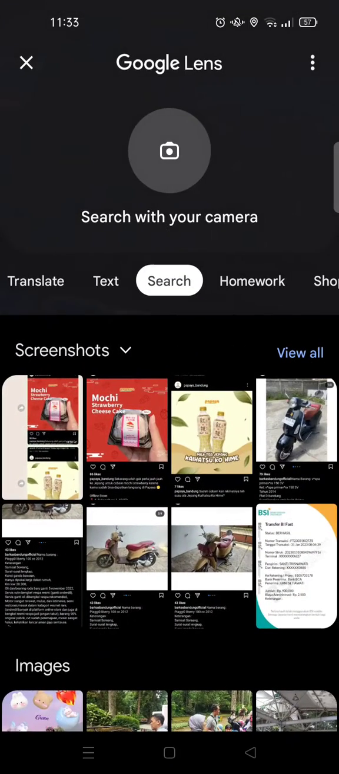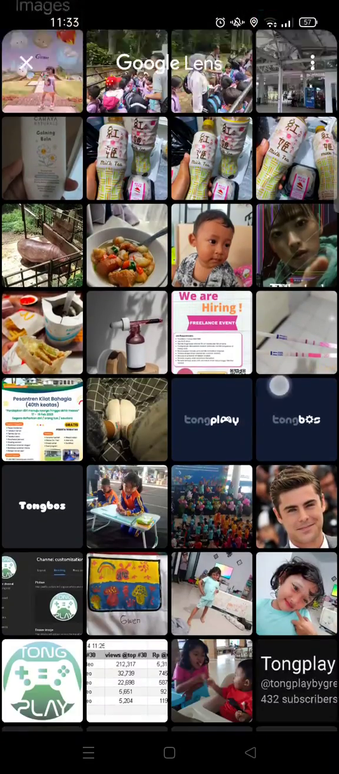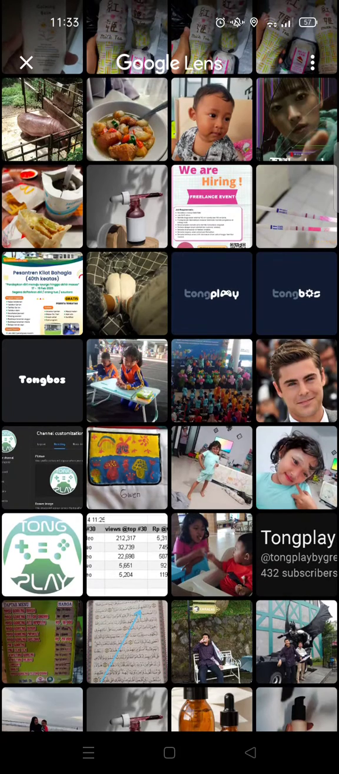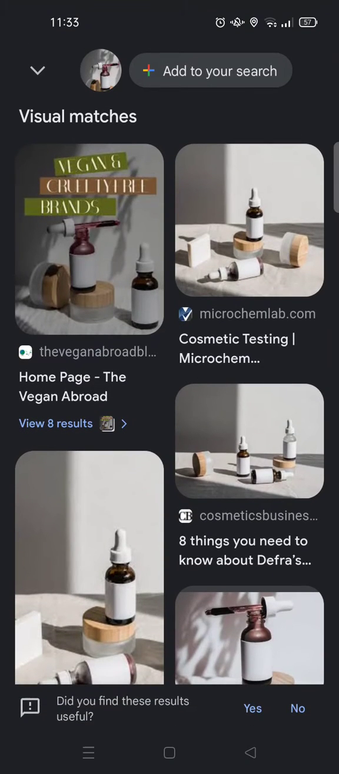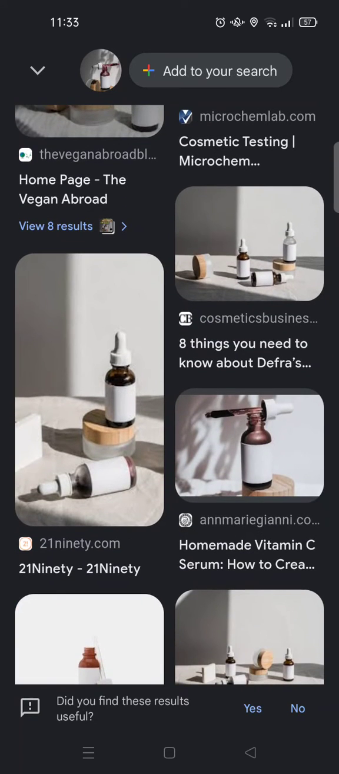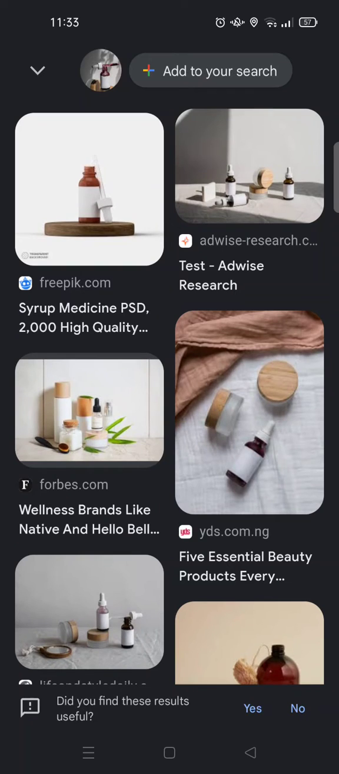with the picture in my gallery. So you can just scroll down and then find the image on your gallery. Okay, so let's say I want to find this picture. You can see now the search or the result will be something related to the picture that I choose in my gallery. Okay, so if you like with the result, you can just click on one of the link and